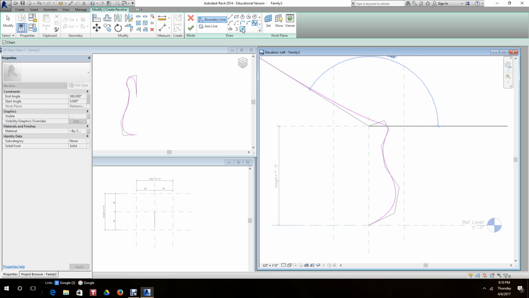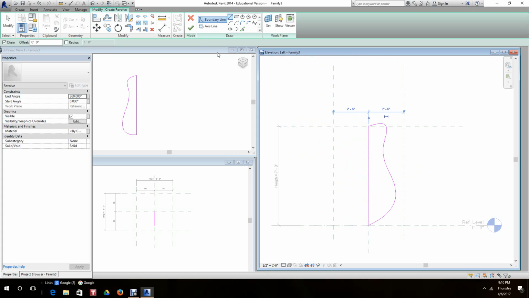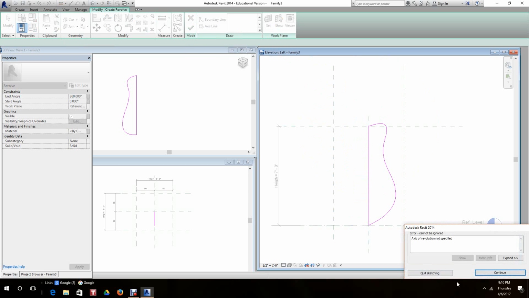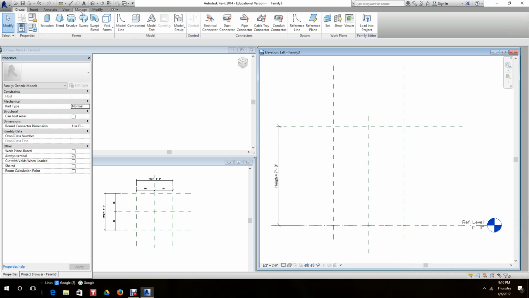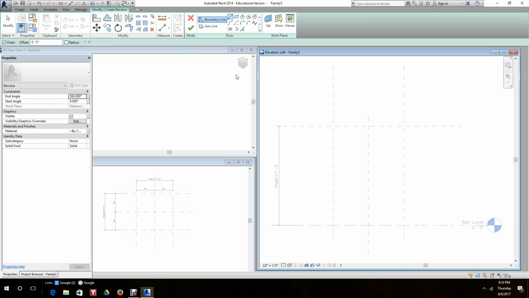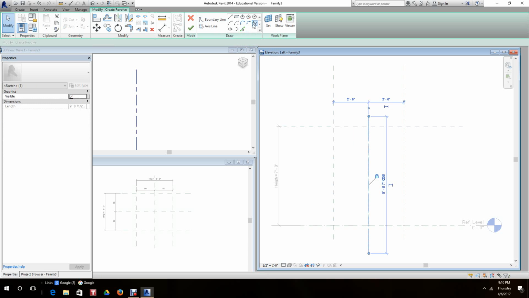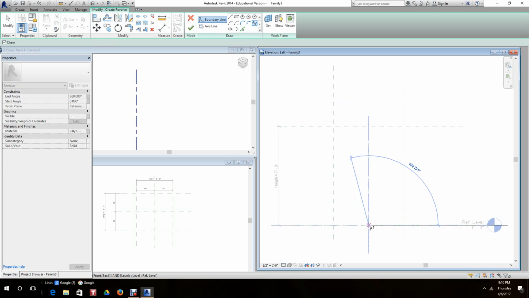And then we go back to the line command. And we can do a pick line, or just drag a straight line down if it's on there. Yep. And then let's hit finish. Quit sketch. You've got to do an axis first. I'm sorry. First of all, it's always been a revolve. We create, revolve. Axis always first. We pick a line here, and then we can go to spline and just create